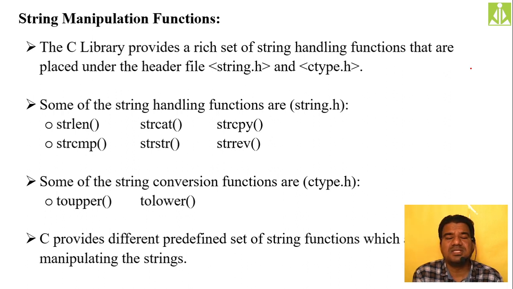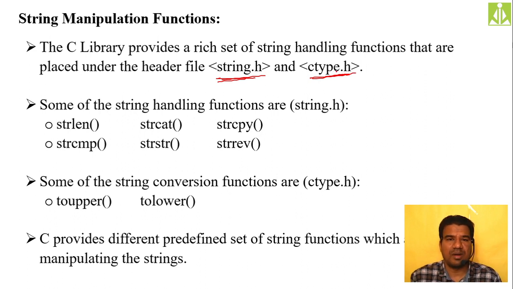Okay, we are not going to write any code for these functions. We simply remember the name of those functions and the syntax of those functions, like your printf and scanf. These string manipulation functions are also predefined functions. We also call them library functions, and they are available under header files. Some are available under string.h and some are available under ctype.h. In this particular concept, we are going to use two library files: one is string.h and another one is ctype.h.